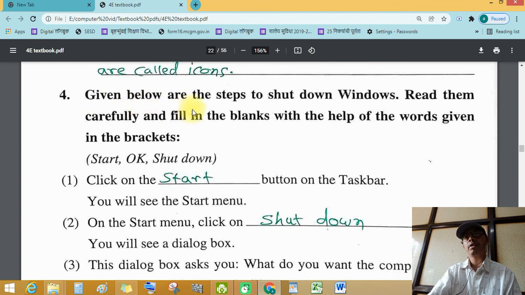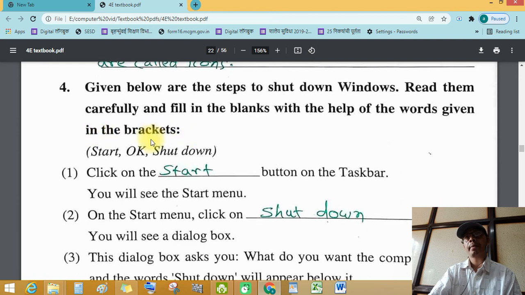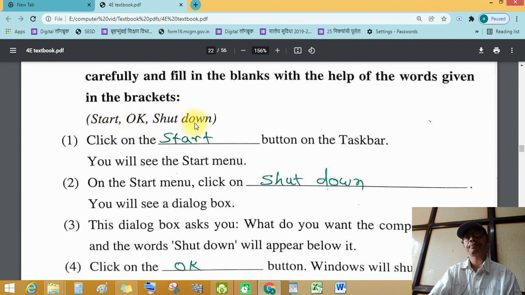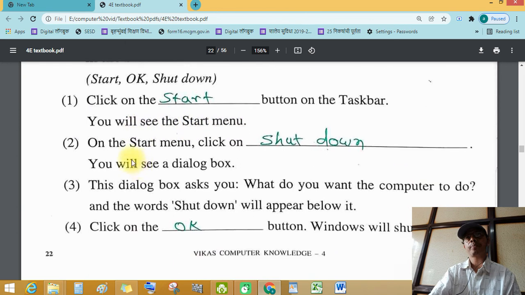Question number 4. Given below are the steps to shut down Windows. Read them carefully and fill in the blanks with the help of the words given in the bracket: start, OK, and shut down. See this. First, click on the start button on the taskbar, you will see the start menu.